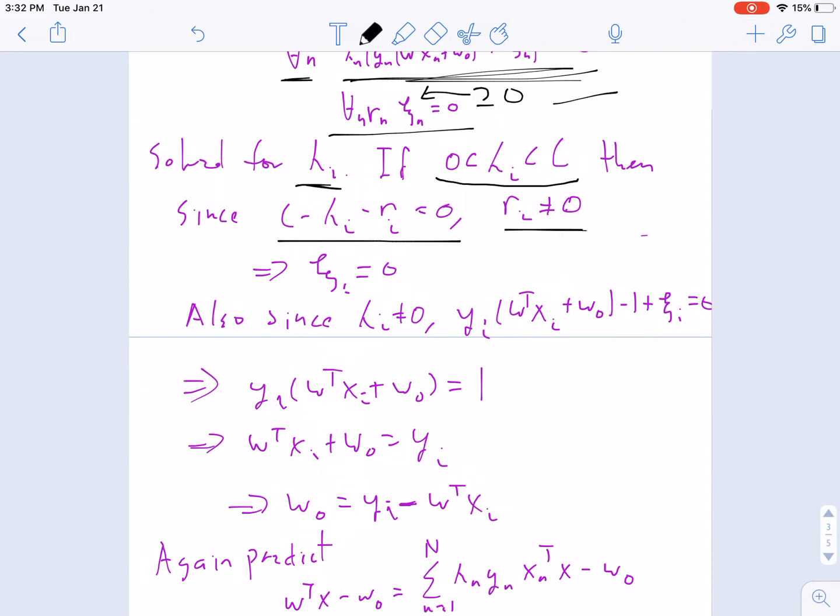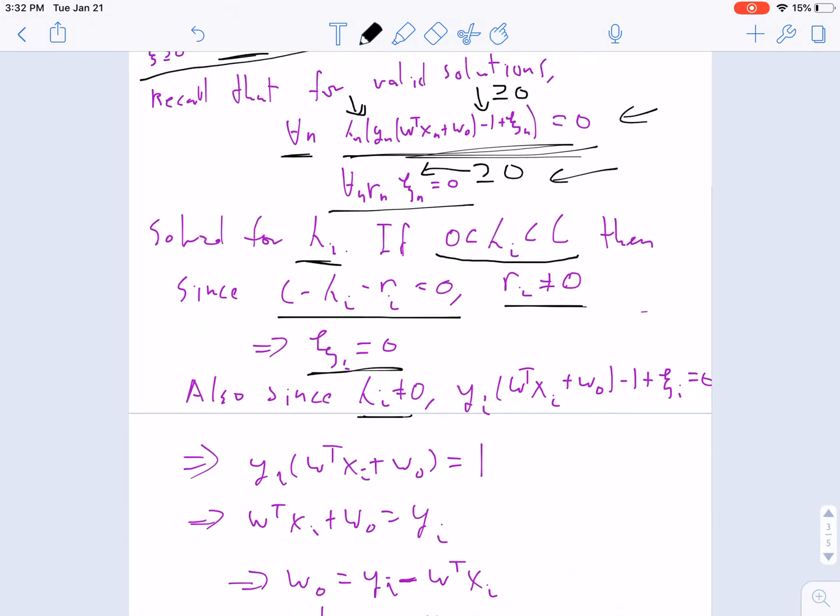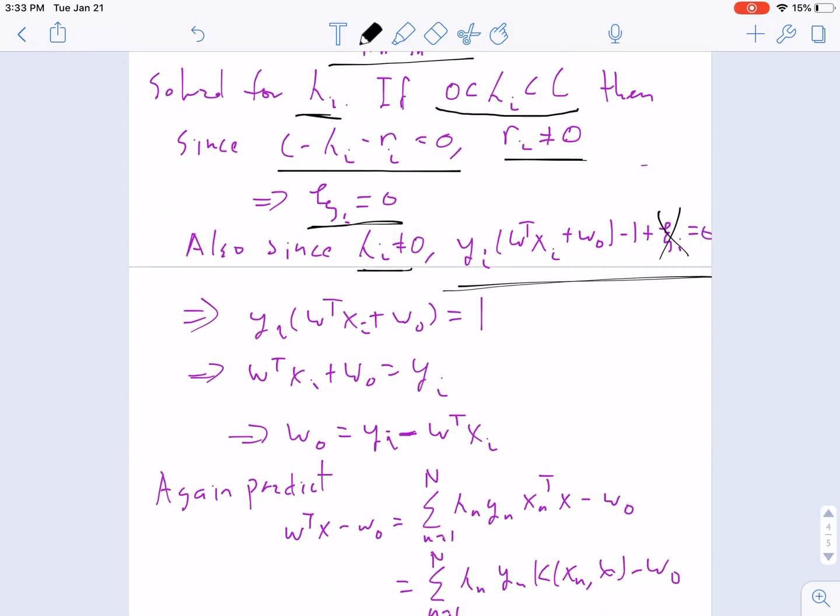Then by complementary slackness, this condition here, the corresponding slack variable must be equal to 0. And now we also know that lambda i is not equal to 0. So again, by complementary slackness, this time by this first equation, the other part of the product must be equal to 0. In particular, we know that this slack variable is equal to 0 anyways, so we can rewrite this as